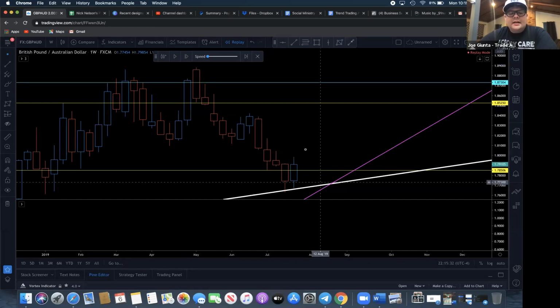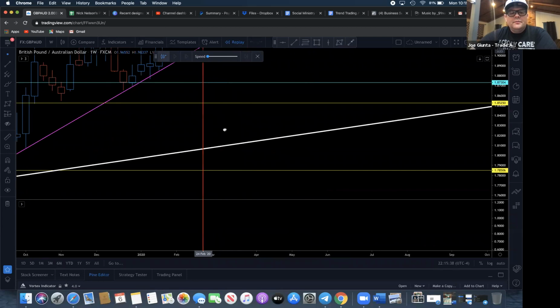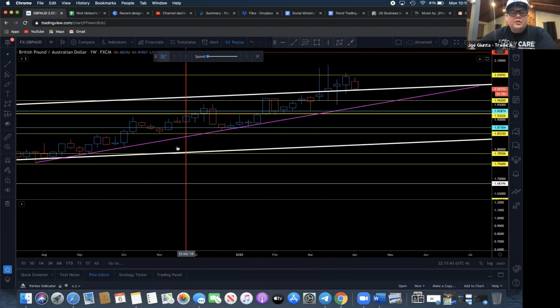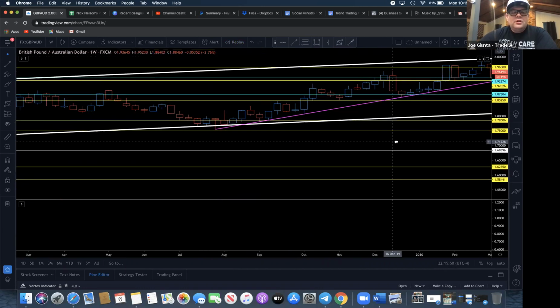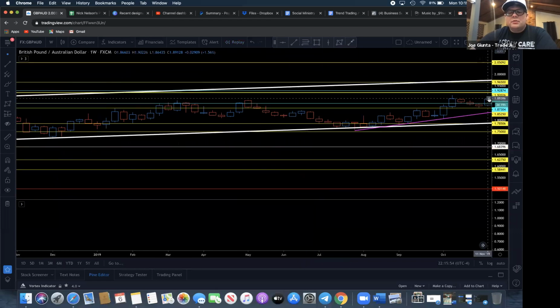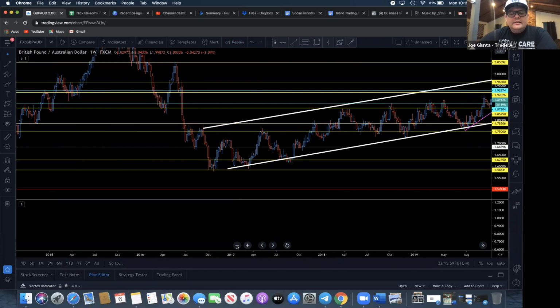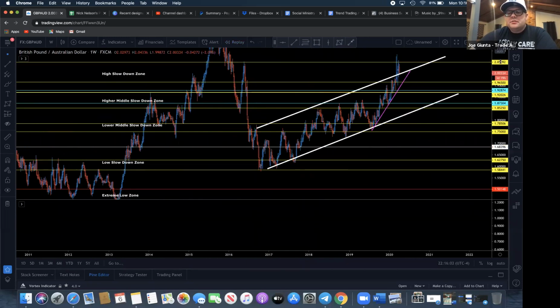But I got to tell you, there's more to it than that, because look what happens if you take that as a bear move. Oh, I pressed the wrong button. My bad, guys. If you took that as a bear move, here, let me just X this out. If you took that as a bear move, you could see what happened. It was nothing but bullish all the way through. So what I want you to do is zoom out. I want you to look at the bigger picture.